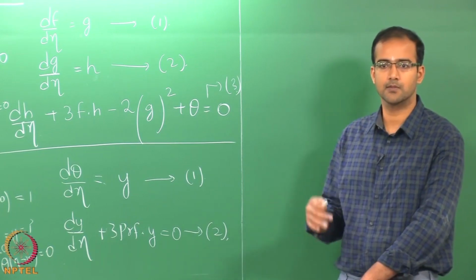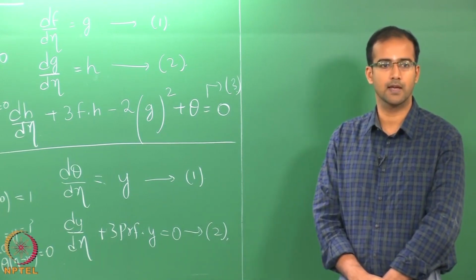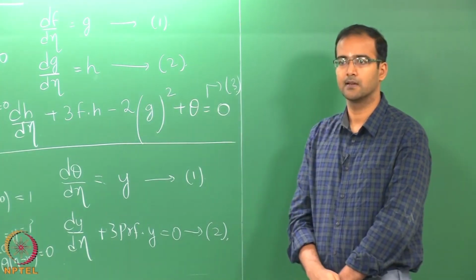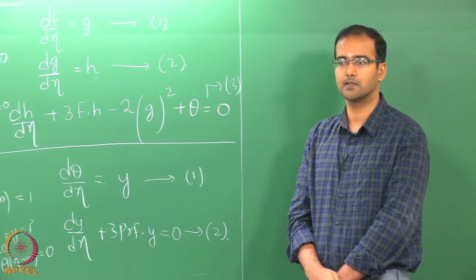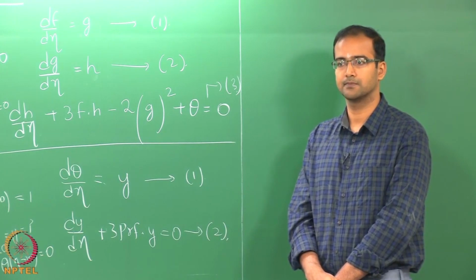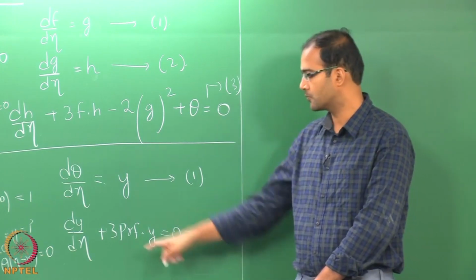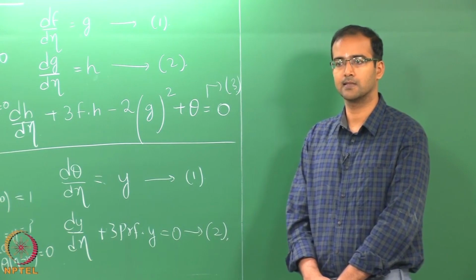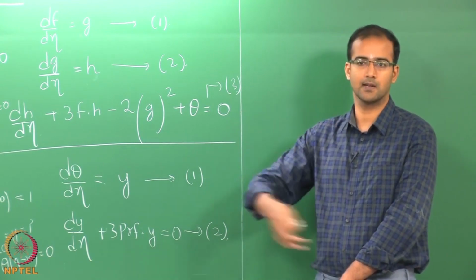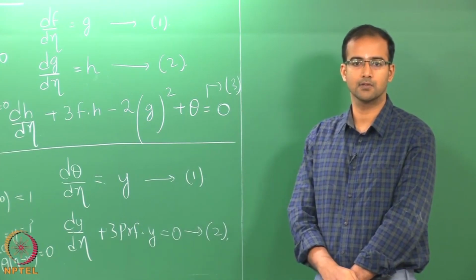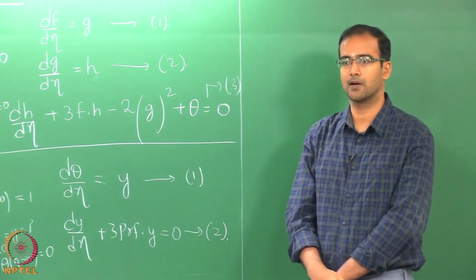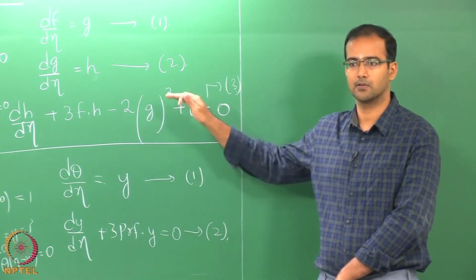Both of them have to be solved together. First you solve the 3 first order ODEs guessing some value of theta, for example, and then you put that into this and solve for theta, and now this has to be iterated again and again till you reach a final solution. So you have the iteration loop outside, and inside you have the space loop within which you have to solve these two